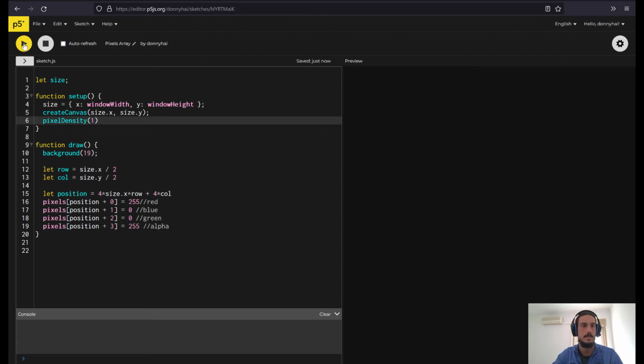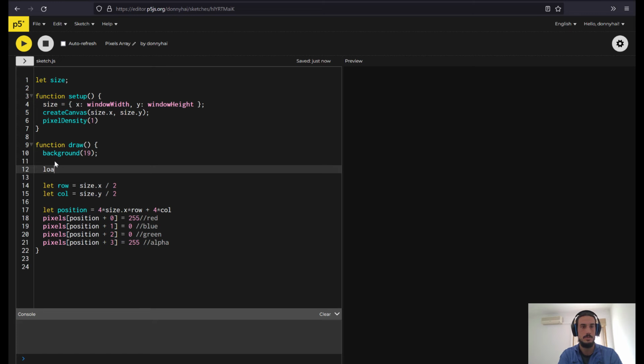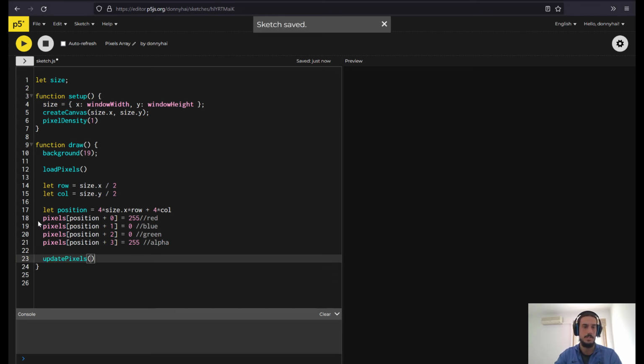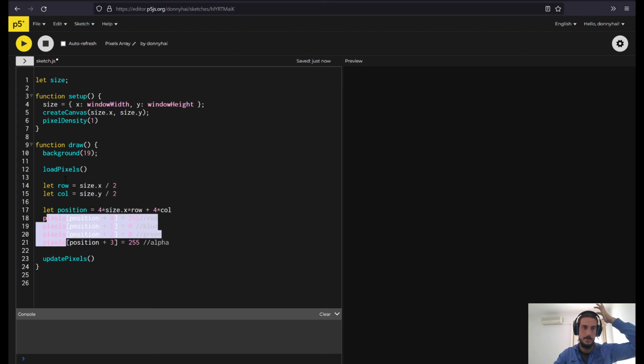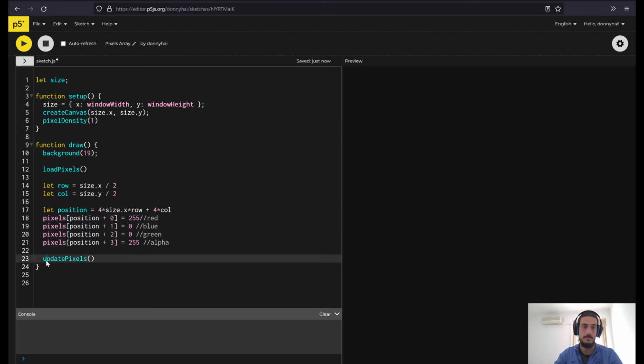So we have to do that, and still I do not see a red point in the middle of the canvas, so maybe I didn't calculate that right. And yeah, I forgot completely about something, which is we have to load pixels and update pixels before setting any values on the pixels array. So if we change values on the pixels array, we first have to load these pixels, and after we have to update the pixels. If we don't do that, nothing happens. And now we can actually see